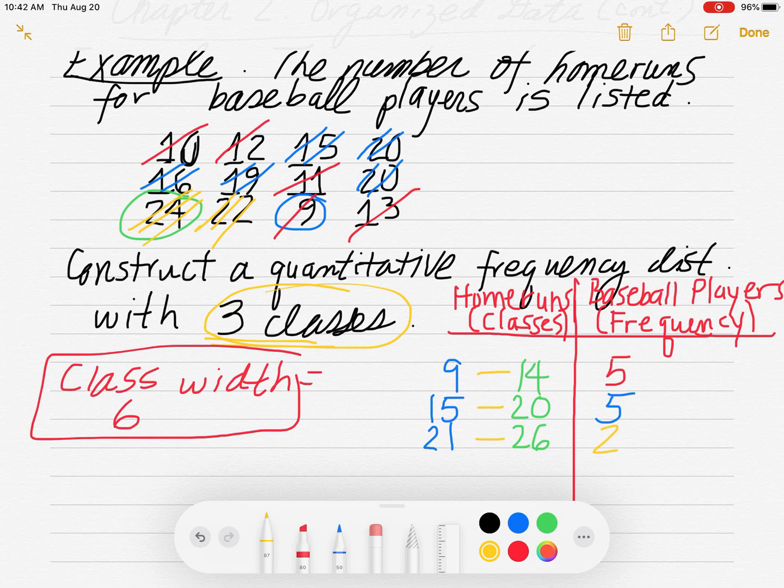There we have it. This is our quantitative frequency distribution. So really the key here is we had to go up from 5, right? We took the largest number, 24, minus the smallest number, 9. We got 15, and we had to divide by 3, the number of classes, and we got 5. And then you always go up to the next number. So that was different than the last frequency distribution when finding the class widths. All right, so we'll finish this video